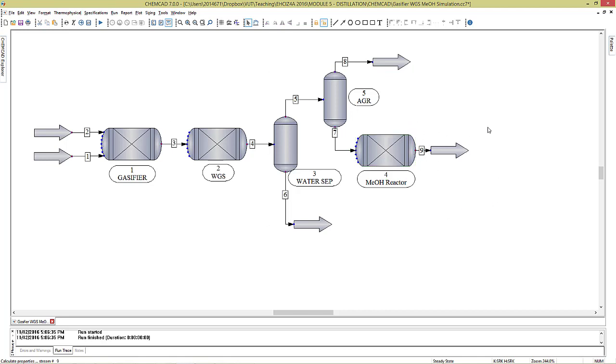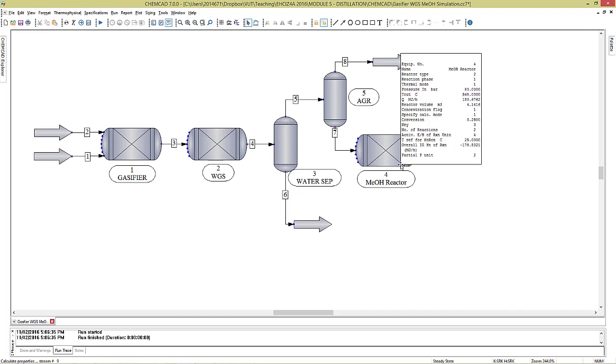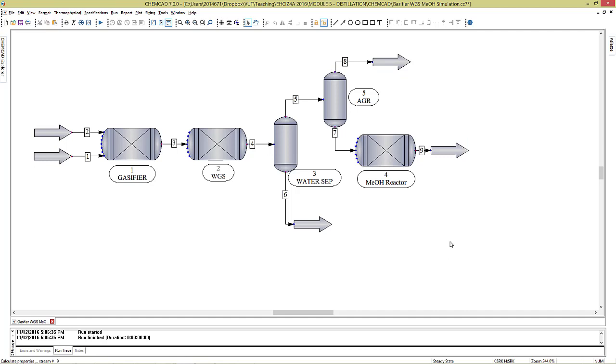Then what you need to do is separate the methanol and bring back the unreacted gases and then redo the calculation. Once that is done, then you can now scale up your production to the throughput that you are given in your problem statement. That concludes the simulation of methanol synthesis in the production of biomethanol through gasification of biomass. We will in the next step look at the overall flow sheet